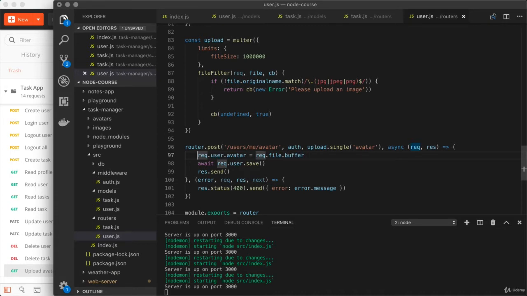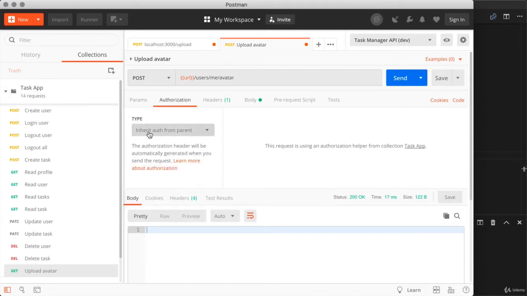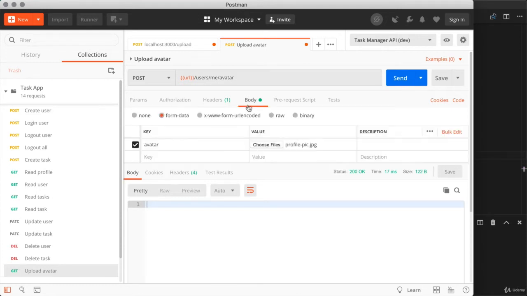What I'm going to do is save this file and try to upload a new avatar. Over inside of Postman, I already have my upload avatar request and I'm uploading the data correctly like we were doing earlier. And I'm already authenticated because I've created this request in the task app collection, and under authorization, it's inheriting it from the parent which we set up a few sections ago. That means all I need to do is actually send this off to have the data added on to the